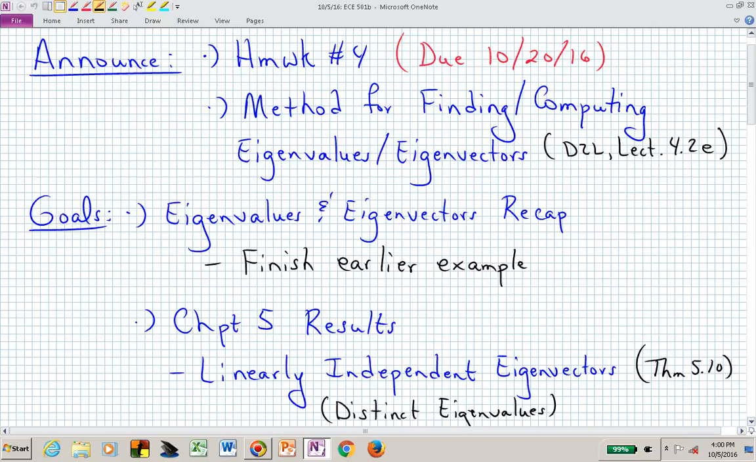Homework number 4 is due a few days from now. It's on the 20th. That's a Thursday. That's a different day than you're normally turning things in. And I've posted some notes on how you might be able to mechanize this process of finding eigenvalues and eigenvectors